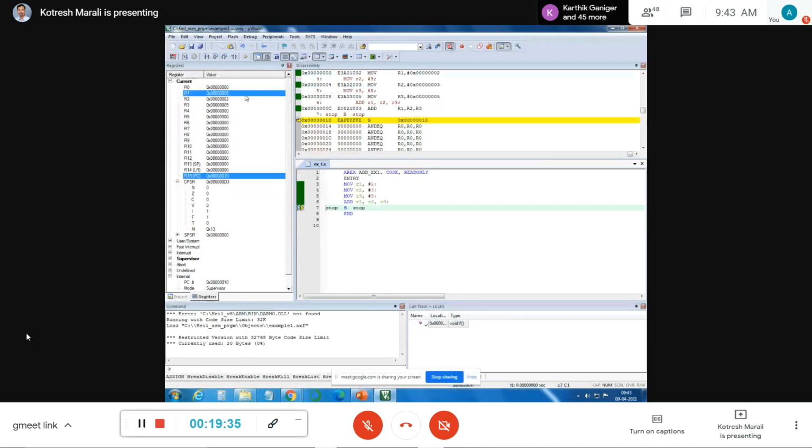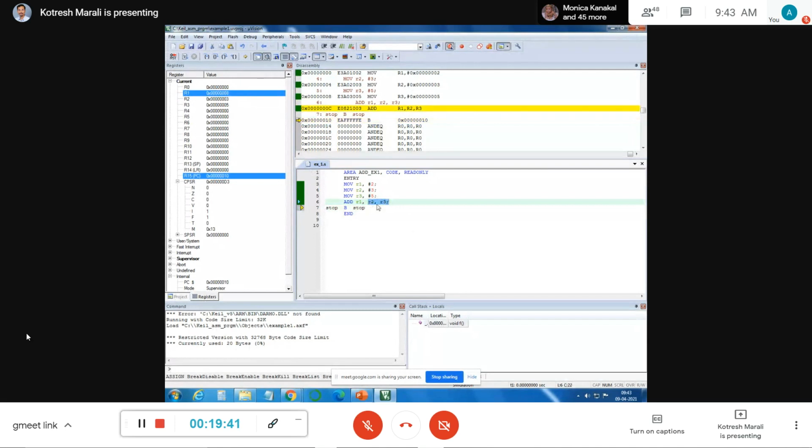Oh sorry, these two registers are getting added, R2 and R3. The contents of R2 and R3, 5 plus 3, are added, and R1 is replaced by the sum of R2 plus R3, right? This is how the add instruction is performed.